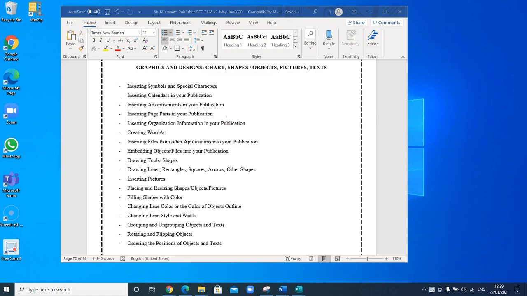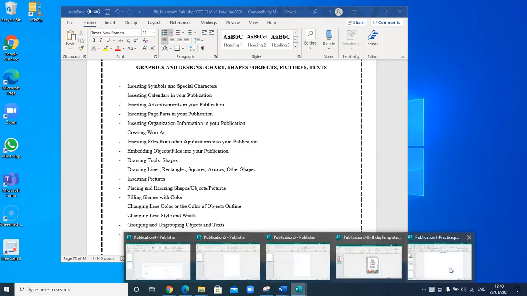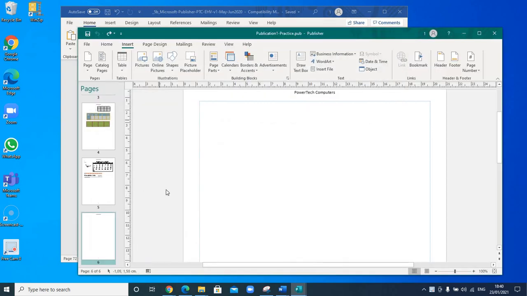In today's video, we'll continue with 4 topics on the graphics and design, and that will be showing you how to insert organization and information, WordArt, insert files from other applications into your publication, and also how to embed a file to your publication. So we will start by opening up our publication, and here we have a new page already open. So let's begin with inserting